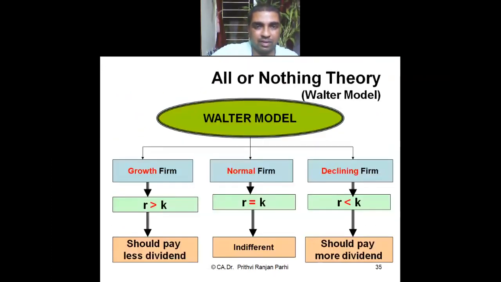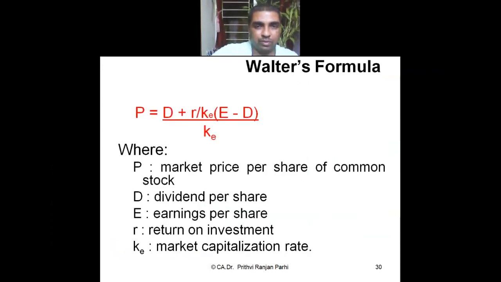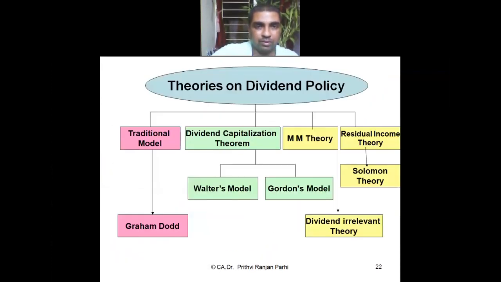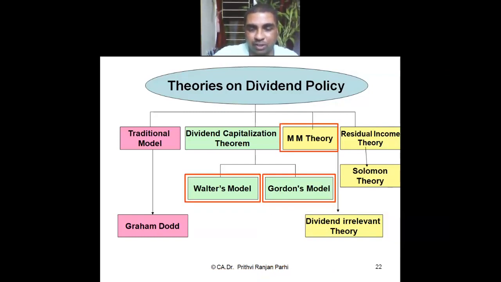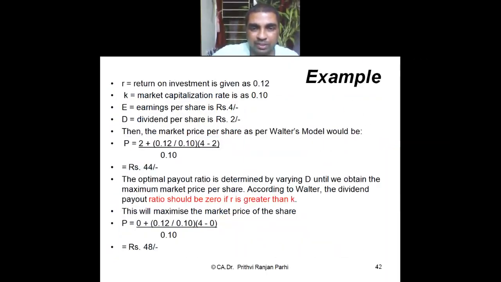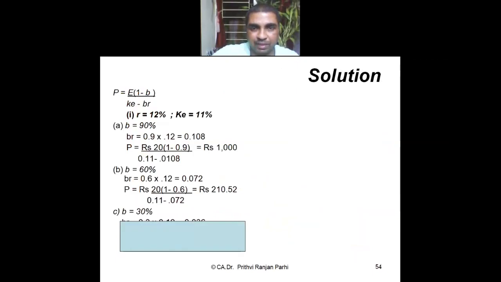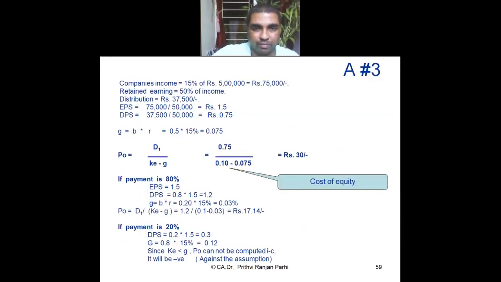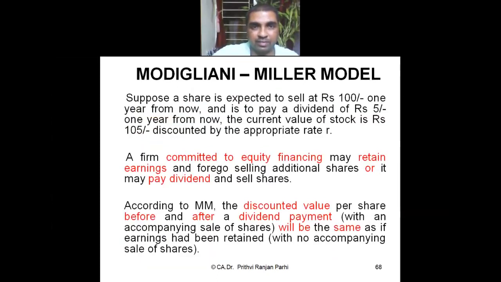Let me show you. You see, these are various kinds of theories: traditional theory, dividend capitalization model, residual theory, Solomon's theory, and one more, Lintner's theory, is also there. We are broadly focusing on these 3 models. I told you 1, 2, 3, but since this fourth model has already been added, we quickly will be covering that aspect also. That's also a very simple theory. We can understand it very quickly. Just a minute, let me go to that particular slide and explain that.